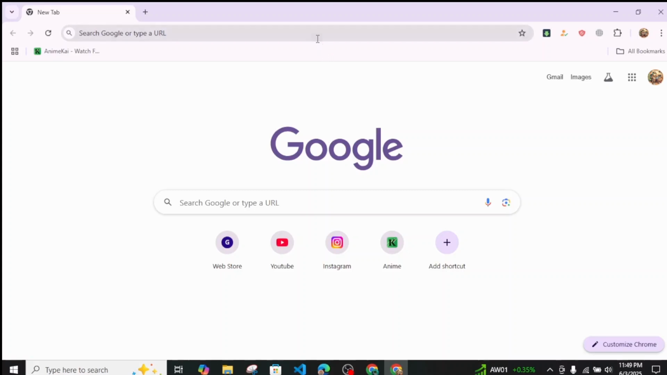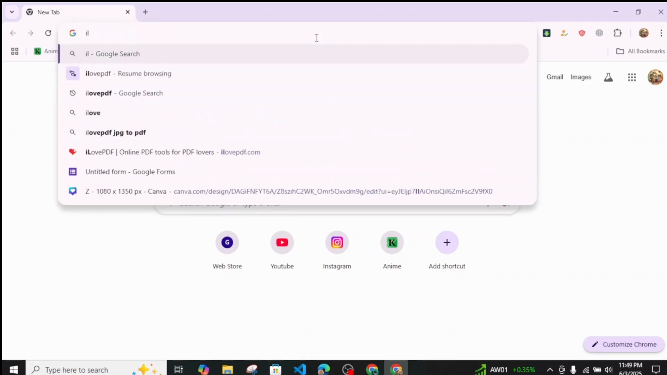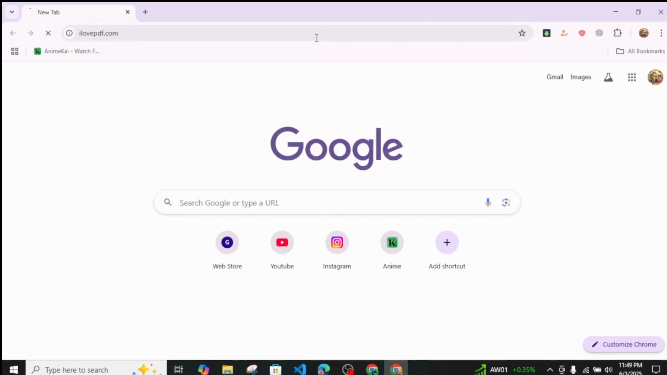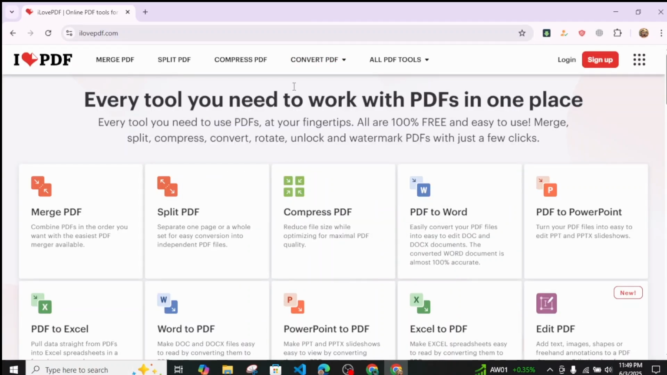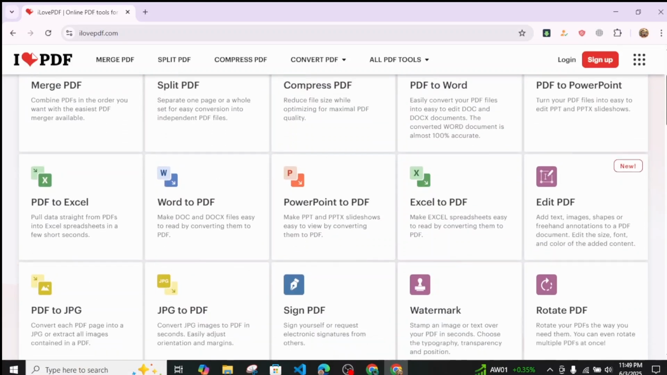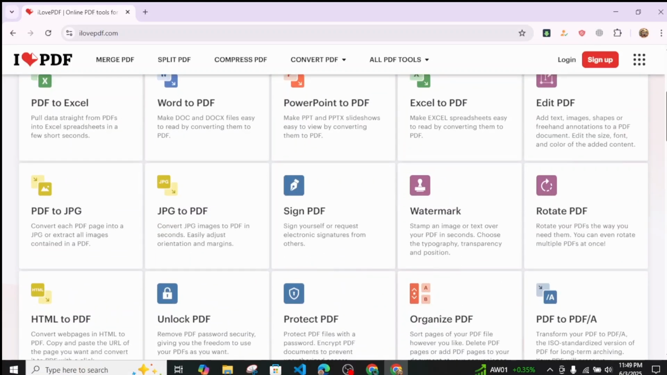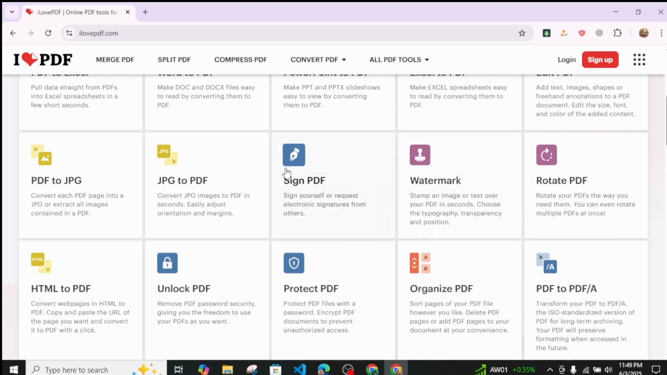First, just head over to this website called I Love PDF. And once you're inside here, it's one of the best websites to convert any of the files into PDF format or from PDF to other formats. Since we want to convert our images to PDF, here we need to select this option, that is JPG